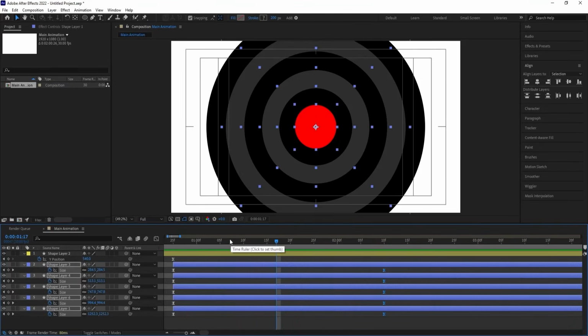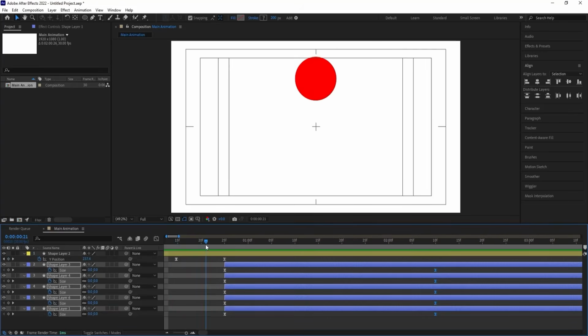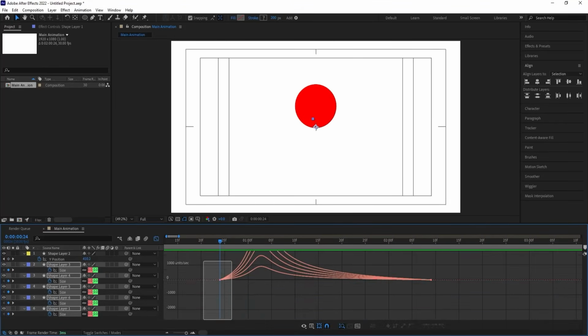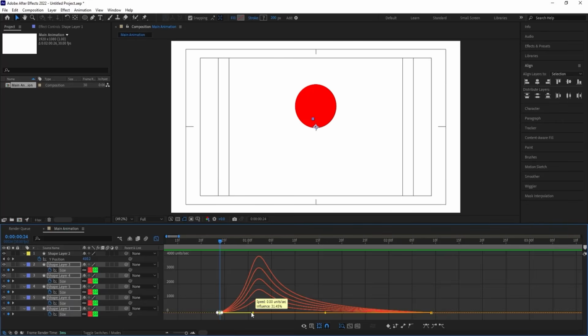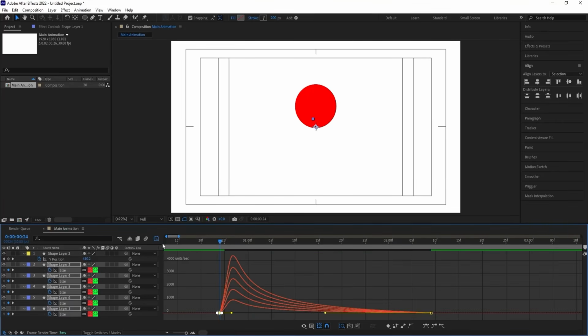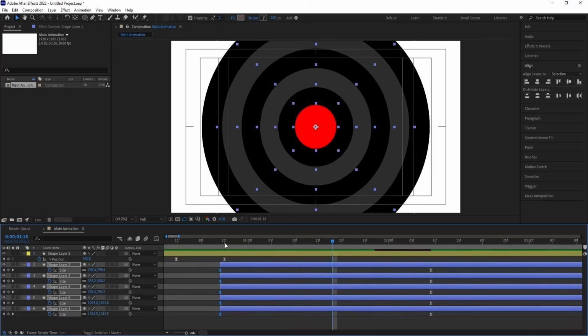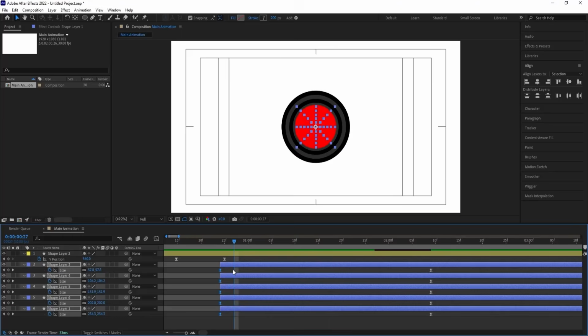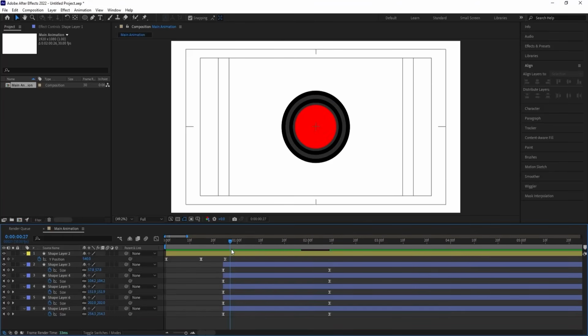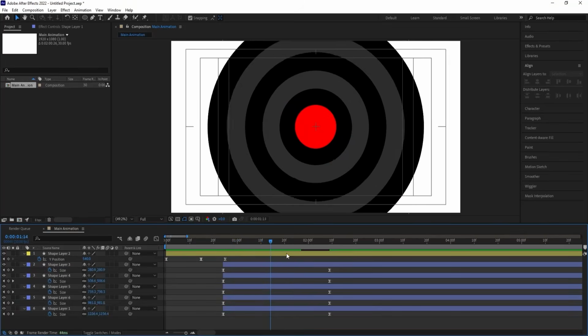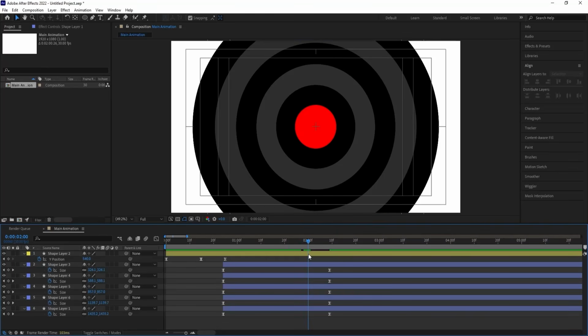Okay, now as you guys can see, it looks like this is happening a little bit late, so let's try to bring those somewhere around over here. Or you can select those keyframes, go to the graph editor, select this, and by holding Shift we need to bring this over here so it will act a little bit faster. Then we need to take a gap between these portions, but we'll do that later. After completing this animation,